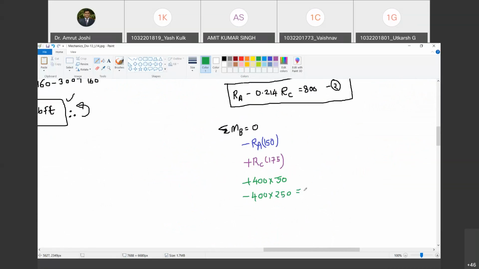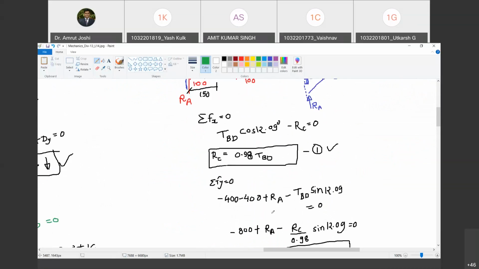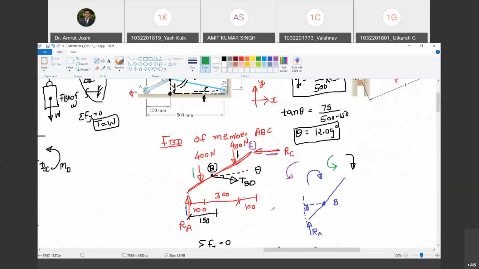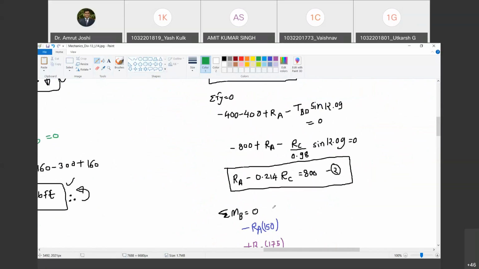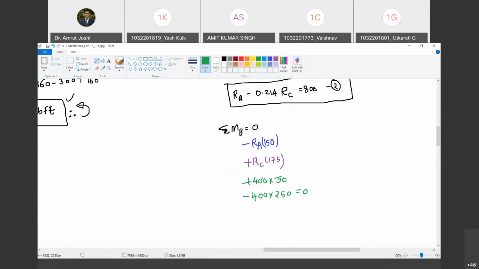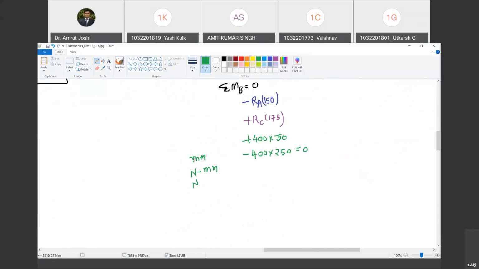So just one thing, like the forces which I mentioned, those are in Newton, right? But the distances are in mm. So shouldn't we convert mm to meters then, because Newton is made up of... No. As long as you are working always in Newton and mm, it's all right. Are you with me? So all the moments we are working out in Newton mm, all the forces we are working out in Newton, all the lengths we are working out in mm. Happy? Are you with me? So be consistent in units. That's all what is required.